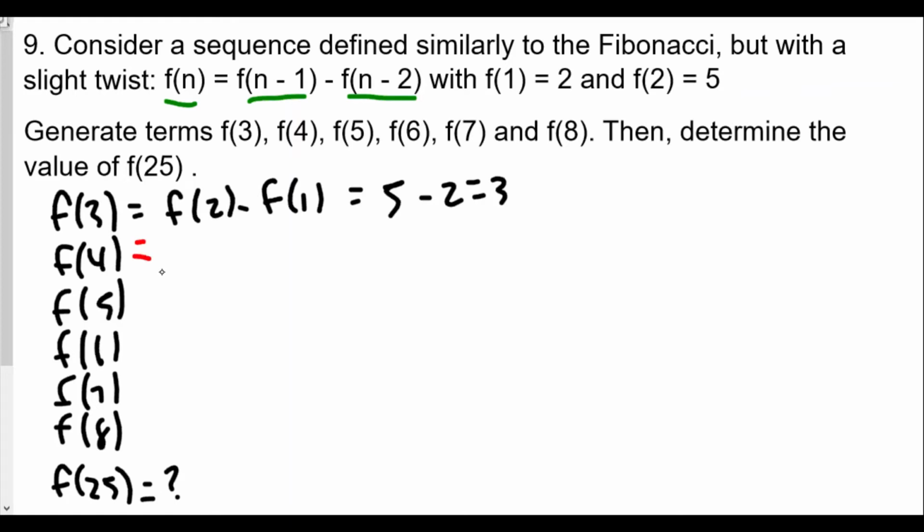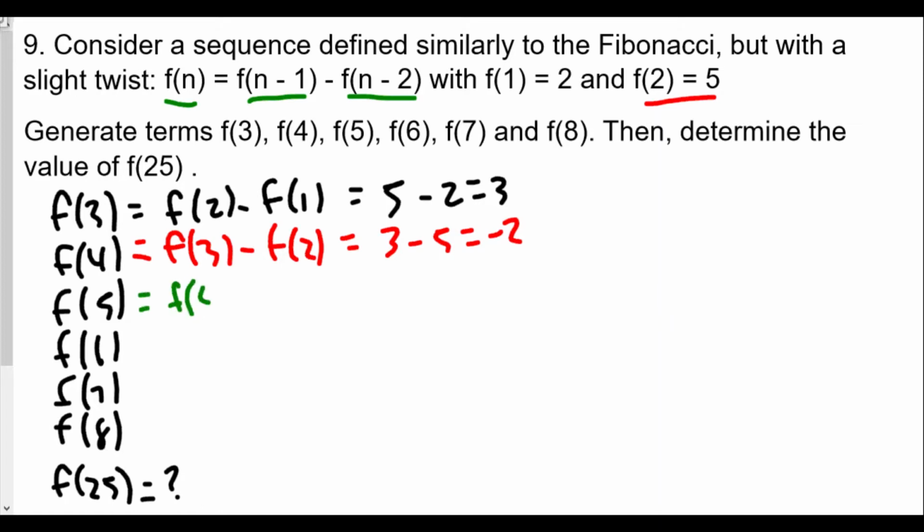So f4 is f3 minus f2, and f3 was 3, f2 is 5. Oh, 3 minus 5 is negative 2. Okay, all right. And now f5 is going to be f4, which we know is negative 2, minus f3, which we know is 3. Negative 2 minus 3 is negative 5. Okay. f6 is equal to